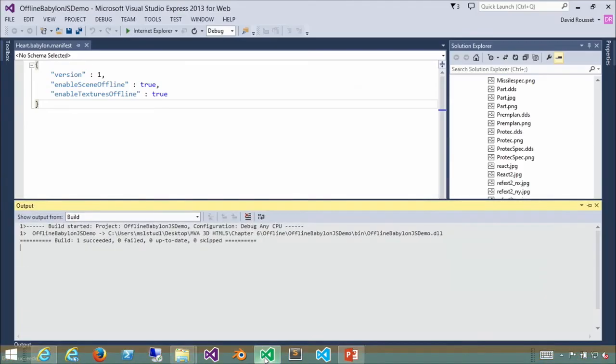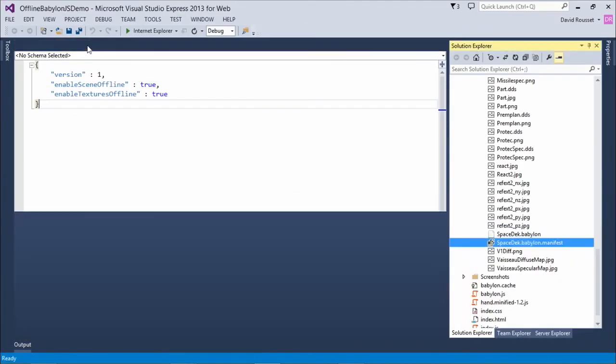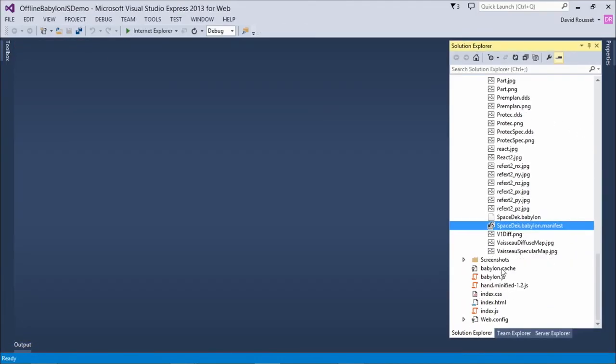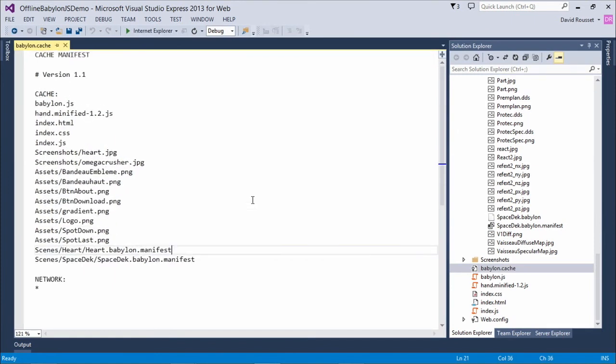Let's go back to Visual Studio, close that one. I need to create a .babylon cache file. You see that I'm not specifying anything linked to the assets themselves of the scene. So it's only the HTML5, the CSS, the JavaScript, some screenshots used on the starting screen, and some assets used for the logo and all that. And finally, the two manifest files, because we need them to simulate the XHR request. So they are important to be part of the